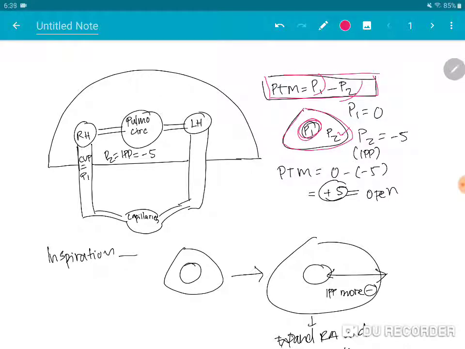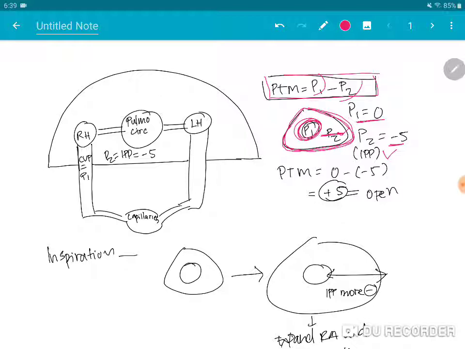So imagine this is the chest wall for the P2. This is the chest wall, okay? The chest wall, and here the tube here is any structure that is contained inside the chest wall. So usually the P1 value is 0, and the P2 value here is usually -5. So the P2 is also known as the IPP,